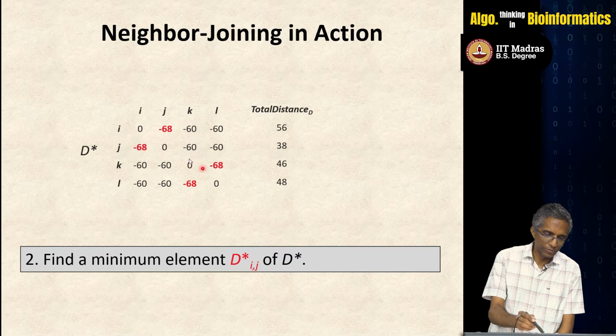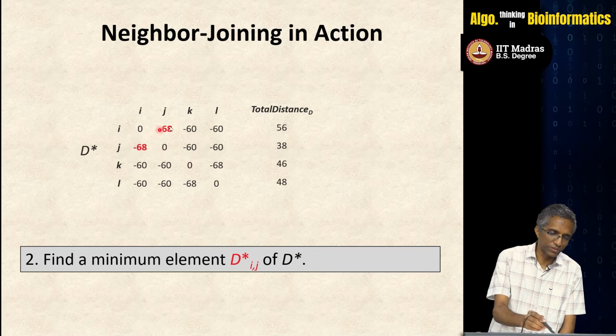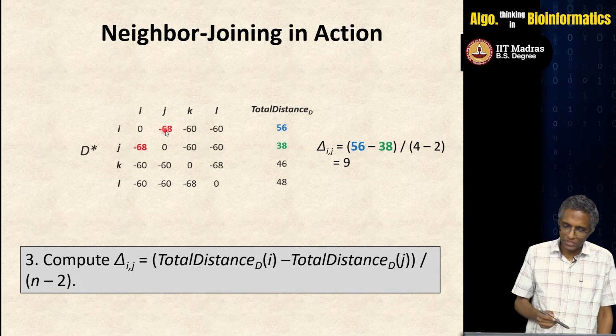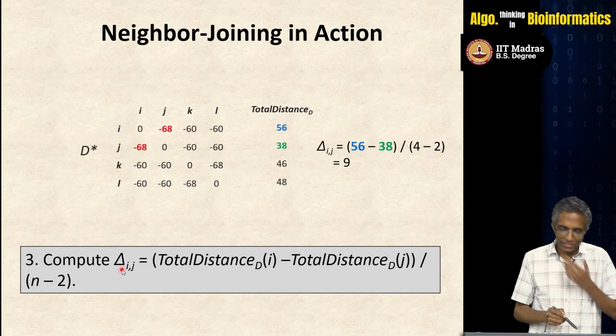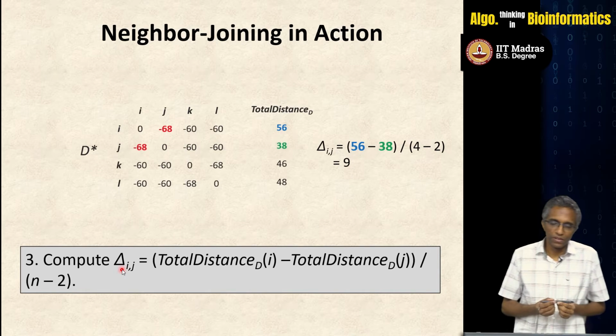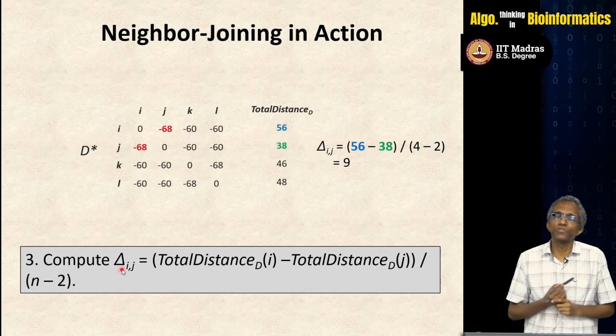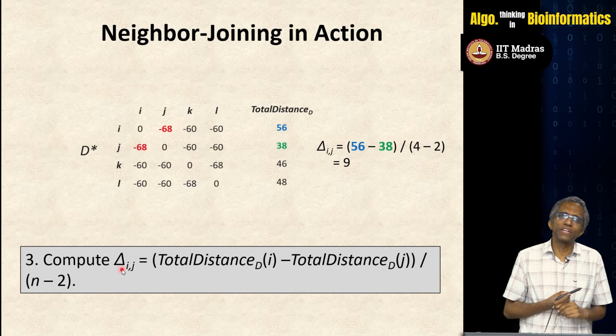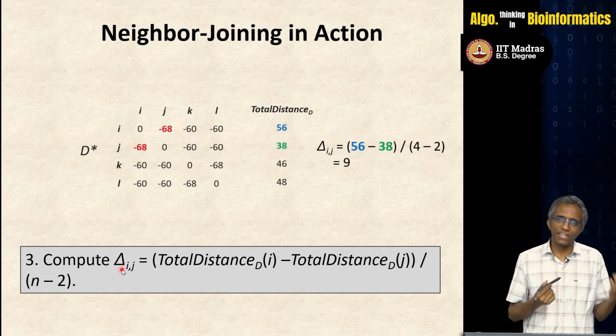So, there are multiple minimums, you are going to choose one of the minimums, in this particular case i comma j, and then you compute this delta i j. Okay. So, that will tell you essentially what are the different limb lengths of i to the internal node and j to the internal node, because that we still need to figure out, and we have already calculated that before,